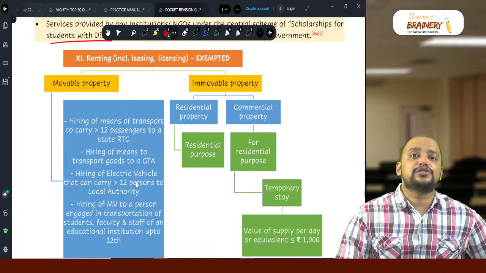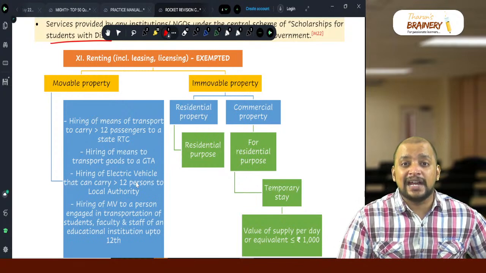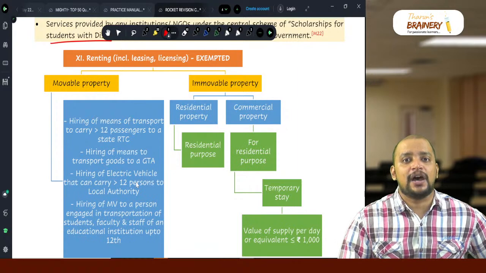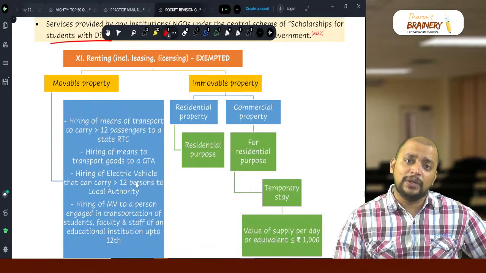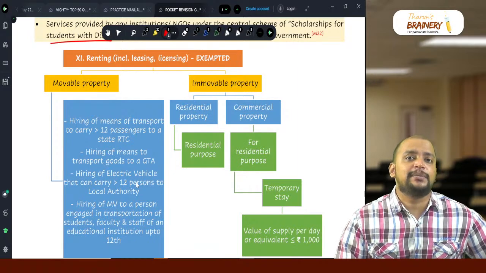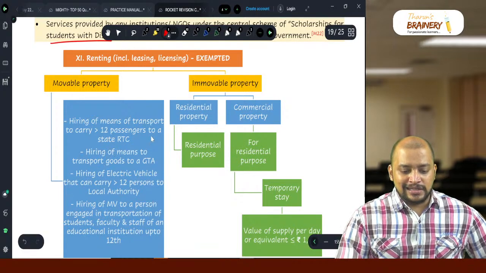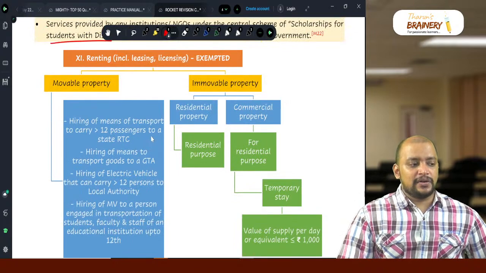Renting of the premises to keep the hoardings or any ads, or renting of premises for canteen, renting of premises for pharmacy, all these renting will be taxable because that is not part and parcel of healthcare services. Okay. Then next, you look into the next one, renting